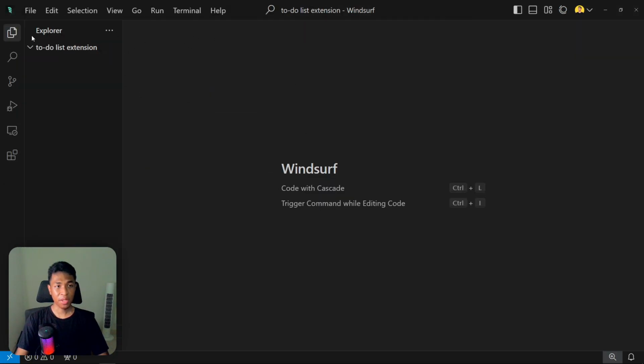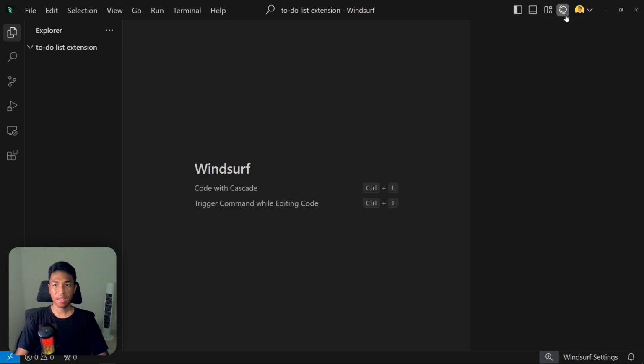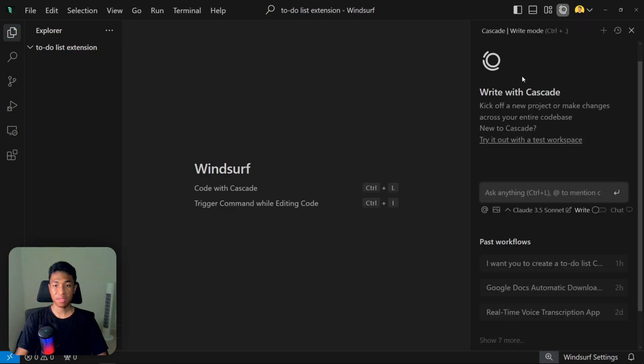Okay, so I do recommend to open the Explorer. This is going to show you all the files that the AI just created. And yeah, you can open Cascade as well to start interacting with the AI. I'm going to just copy and paste the prompt that I just prepared for this tutorial, and this is the